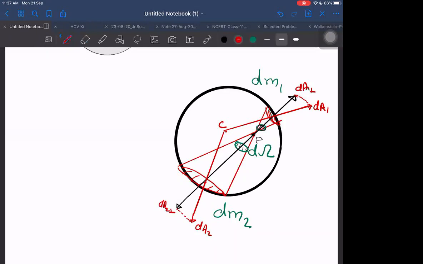Which is the radial line here for the solid angle? When we want to define solid angle, the radial lines are the lines along the axis of the cone, passing through P. So those are dA1 perpendicular and dA2 perpendicular. Now this angle, I think by geometry, it is not difficult to prove. If this is theta, this is also theta, then this is also theta. All these angles are equal. Why are these equal angles?